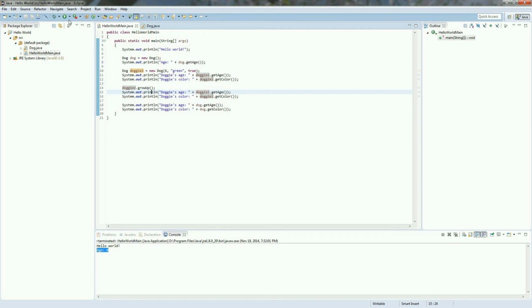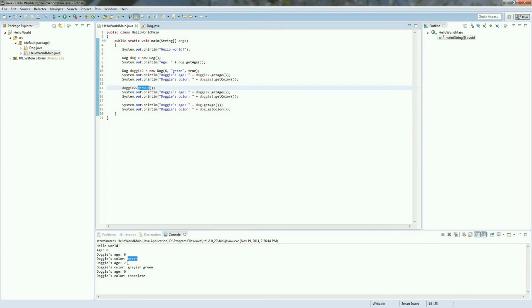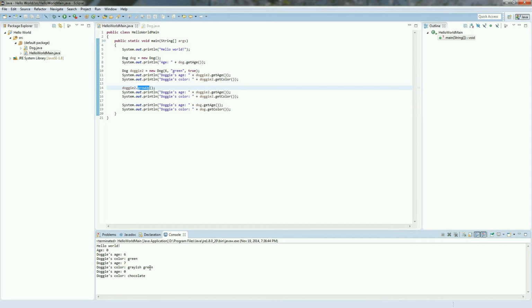So let's go ahead and click Run. And sure enough, everything we thought would happen happened. We see that Doggie's age is initially 6, his color is green because we called the constructor where we set our values, and then we called the grow up method, and then after that we checked his age and color again, and sure enough, the age increased by 1, his color changed to grayish green,